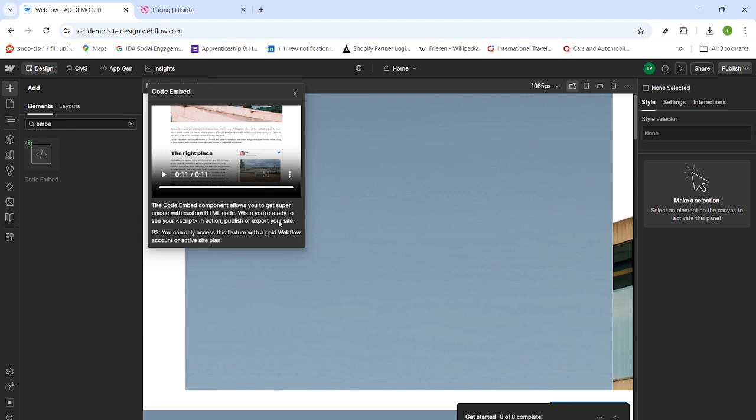That's it. You've added Google reviews to Webflow the easy way. Create the widget, copy the embed code, paste it into an embed